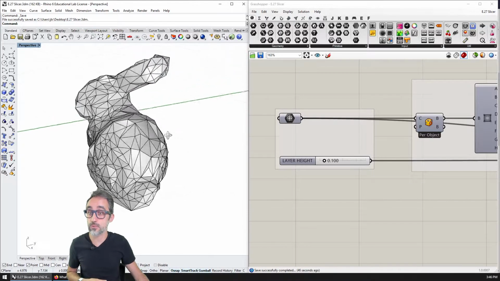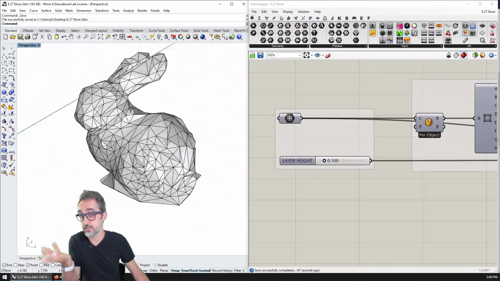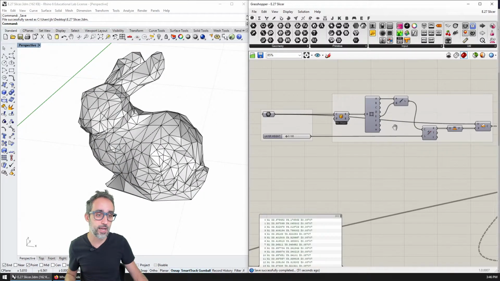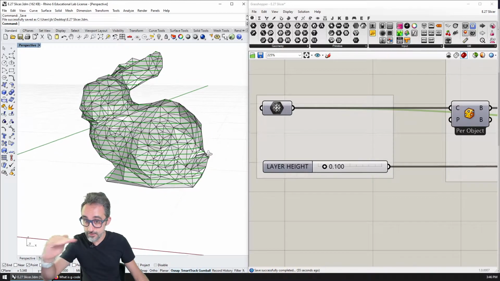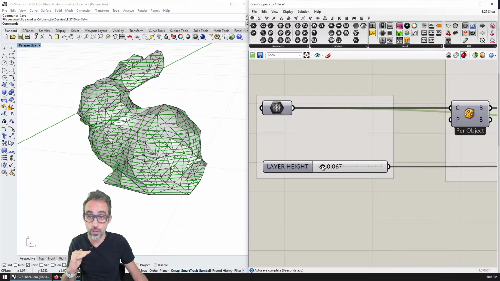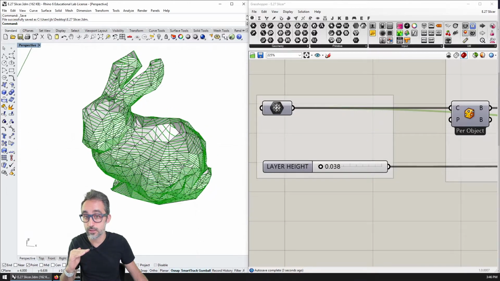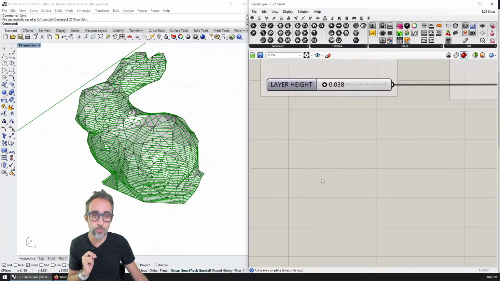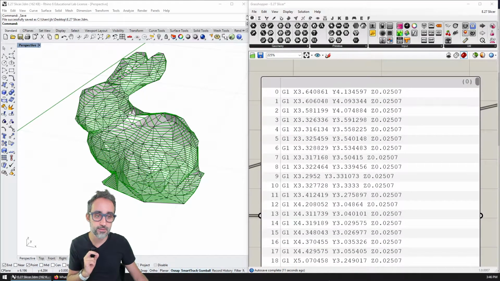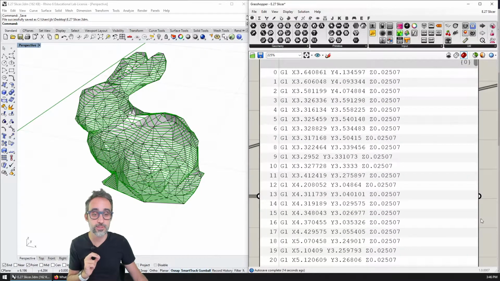So in this exercise, I will bring in some random mesh, like for example, the Stanford bunny, and then I will perform a few operations to generate layered sections and layered contours. And of course, everything is going to be parametric, so we can calculate how many layers we want, etc. And then we will do very simple textual operations to generate something that looks like G-code so that this could potentially be plugged into a 3D printer, press go, and then get the bunny printed.